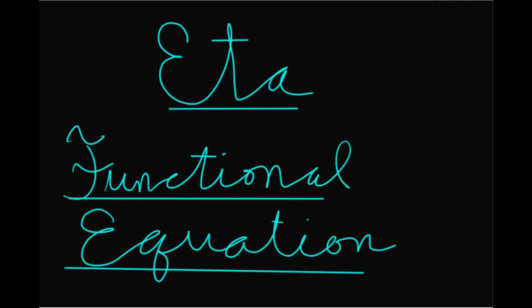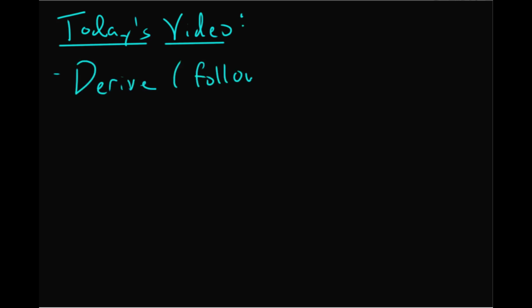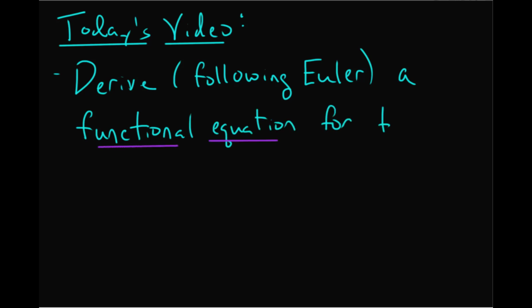years. And then when Bernard Riemann published his Zeta functional equation in his famous 1859 paper, people over time became interested in the historical antecedents of that, and they rediscovered Euler's work on this, which is what I'm going to present for you today. So our goal for today's video is to derive, following Leonard Euler, a functional equation for